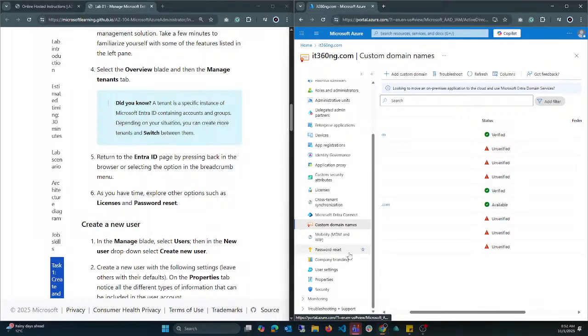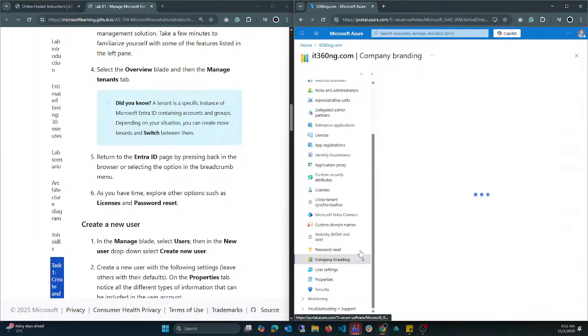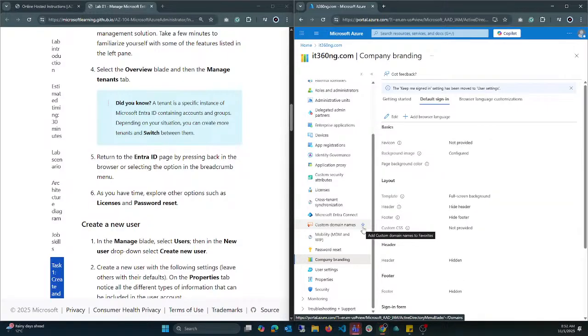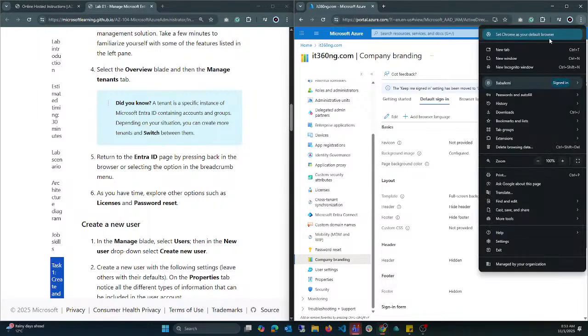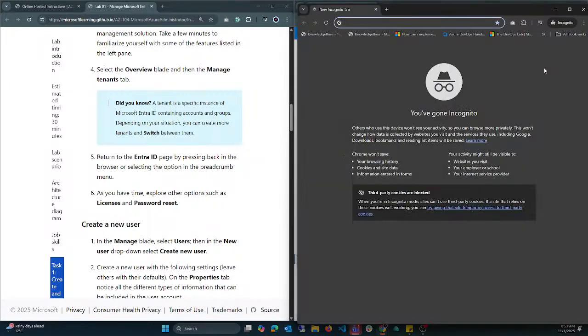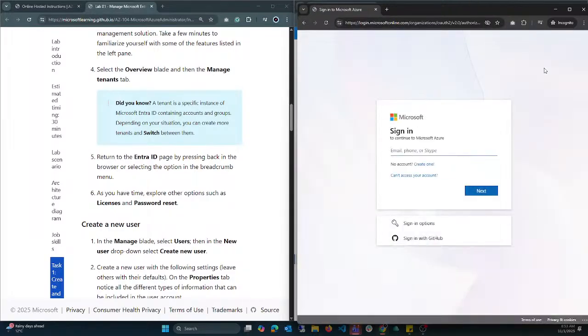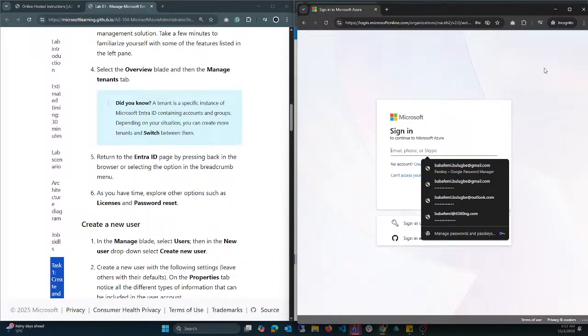So password reset, company branding, all these things. If you want to change the look and feel of the organization, maybe when someone tries to sign in you want them to get that particular feel that they're actually accessing your tenant, then you can create the company branding from here. I will show you. Let's say I want to sign into my tenant. You can see it doesn't show that I'm actually going to my tenant. But once I type in my email address, IT360NG,